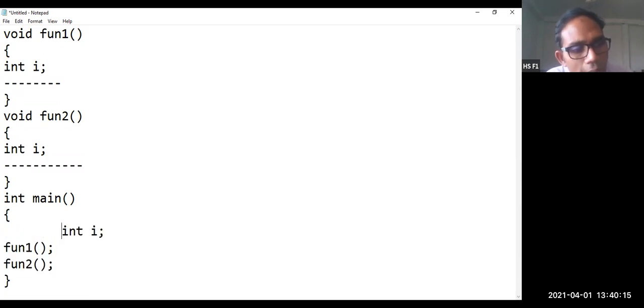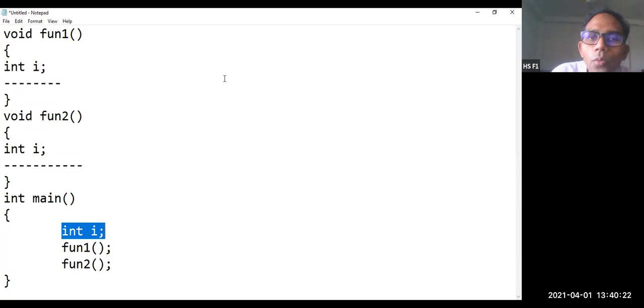What do you mean by integer I? We are declaring a variable of type integer called I. So it is going to draw some memory.